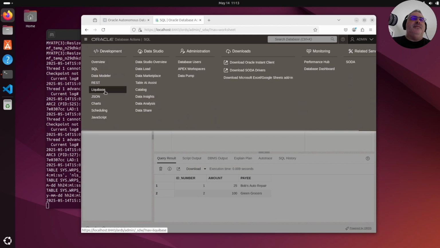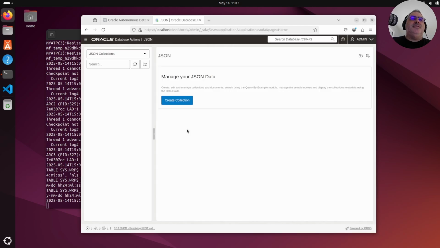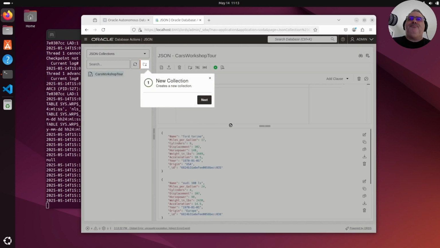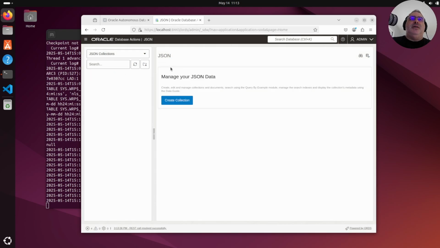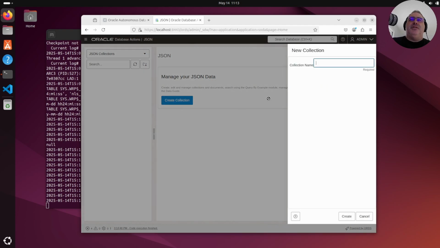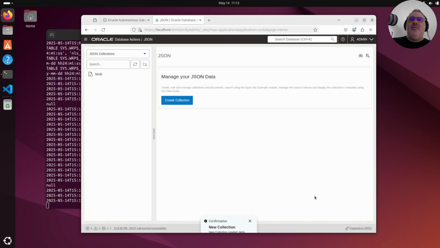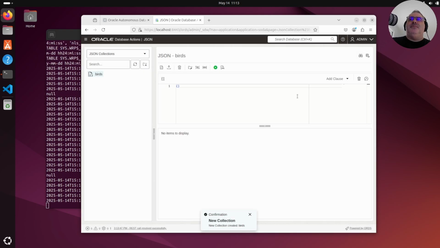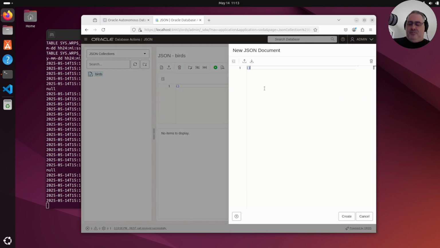So what else do we have? Let's take a look in the JSON tool. So again, the first time you will get this tour if you want to take a look at it. So let's create a JSON collection, and we'll call this maybe birds. And now let's create a document here. So let's see, create a new document, and we'll put maybe name